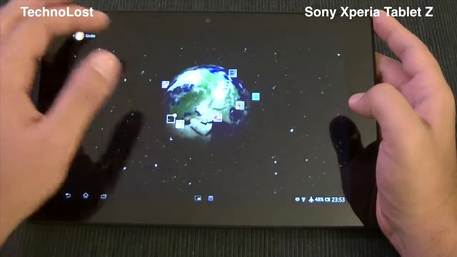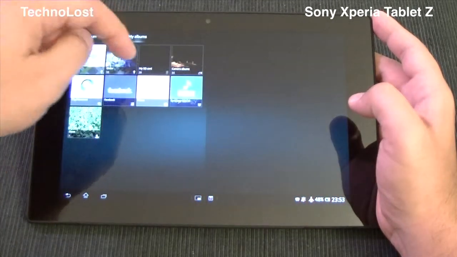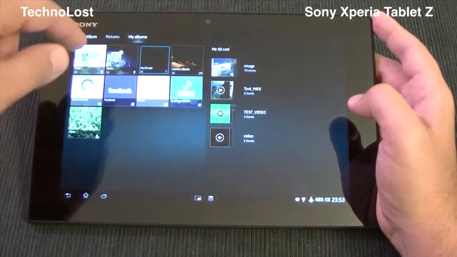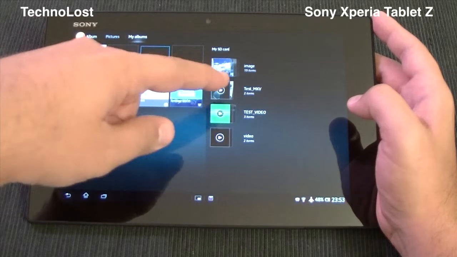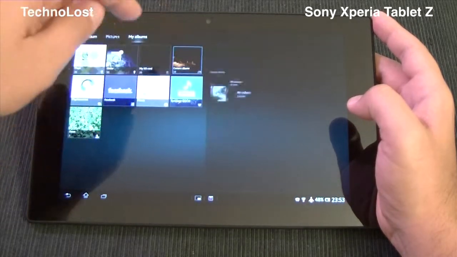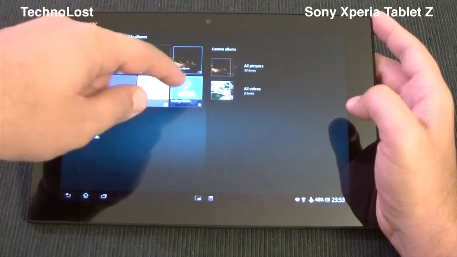I mean, it's not dramatically useful, but it's nice indeed. We have my SD card. Let us see the directory where we have pictures or videos, of course, in the SD card. We have these camera albums. Let us